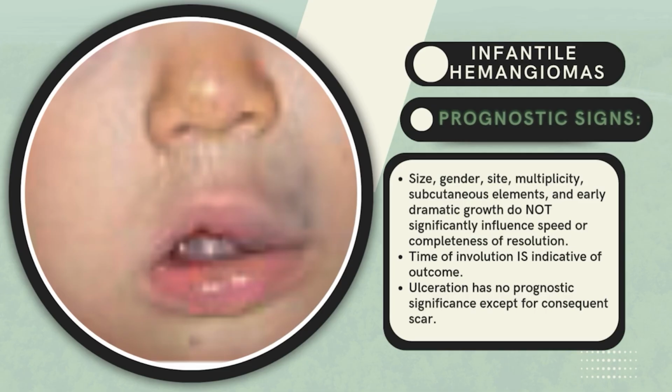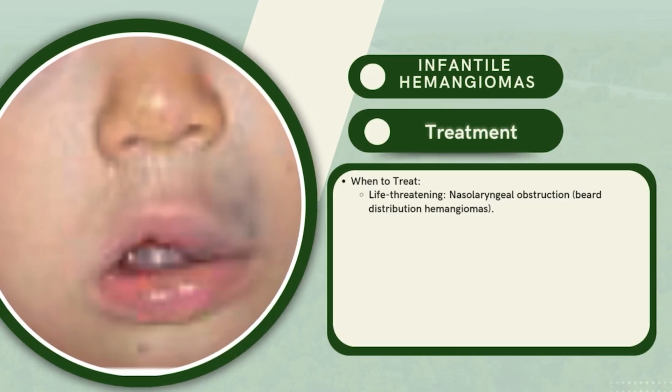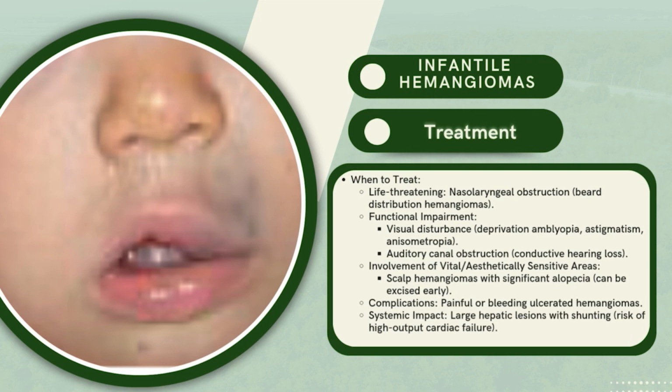Treatment: most infantile hemangiomas are managed conservatively. Treatment is indicated for airway obstruction, for example in beard distribution hemangiomas; visual disturbance, like obstruction or astigmatism; auditory canal obstruction; involvement of vital or aesthetically sensitive areas; painful or bleeding ulcers; and large liver lesions causing shunting. Medical treatments: beta blockers,